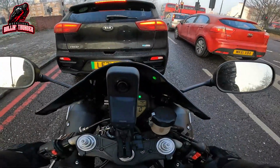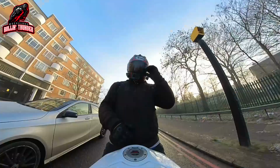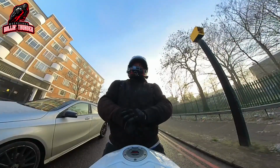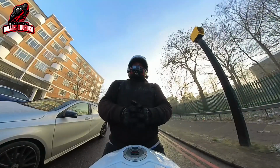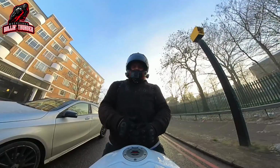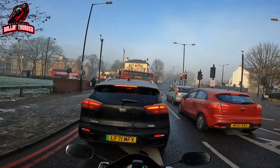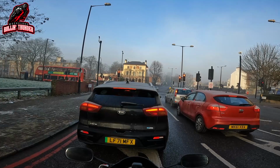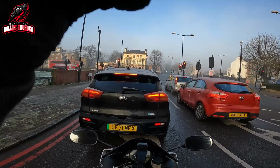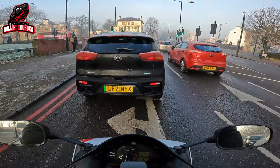So first things first, what do I think about the Insta360 as a camera? I think it's absolutely amazing. As you can see, it is facing me with the rear facing lens, but I can also have it facing forwards by changing the aspect ratio and changing the settings on the camera in post editing, which I will do as we go along. Now, I will apologise now, I am very new to the whole 360 party, and I don't really know what I'm doing, I'll be honest,